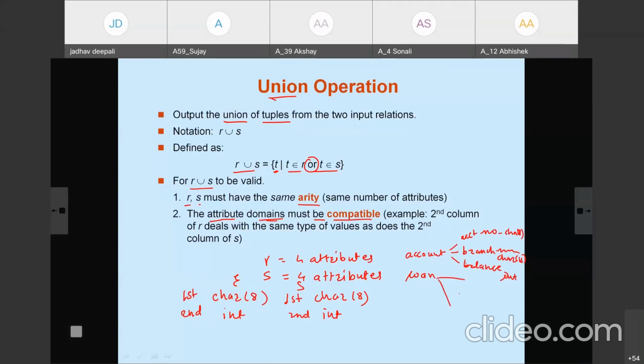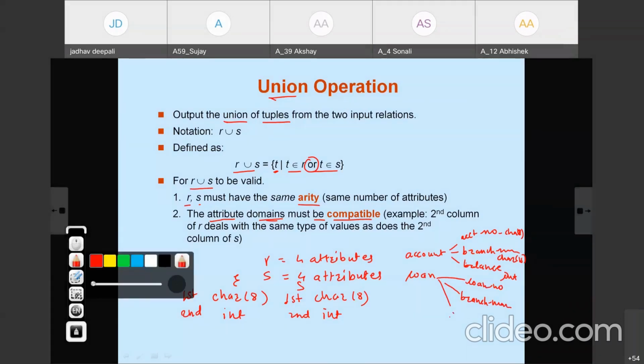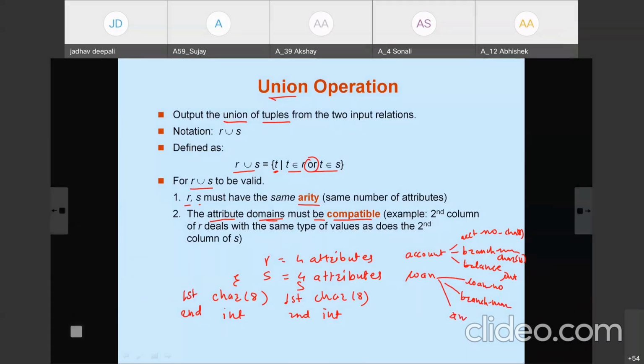Loan again has 3 attributes: loan number, branch name and loan amount. Its domains are character 8, character 15 and integer. Then we can apply the union operation on these two.